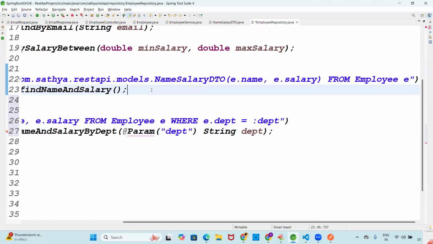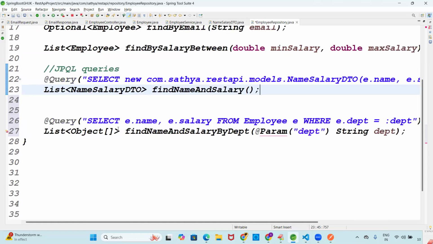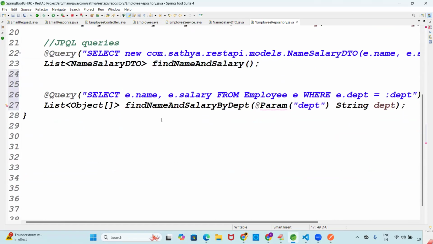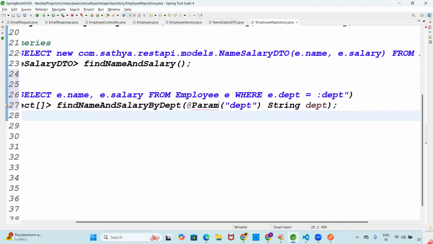But now you expect all employees of a specific department. Specific department means you give the specific department as input. Guys, in the morning class you wrote these custom methods directly. For a custom method you directly take a variable name. But this is a custom method with JPQL queries, and to give the input